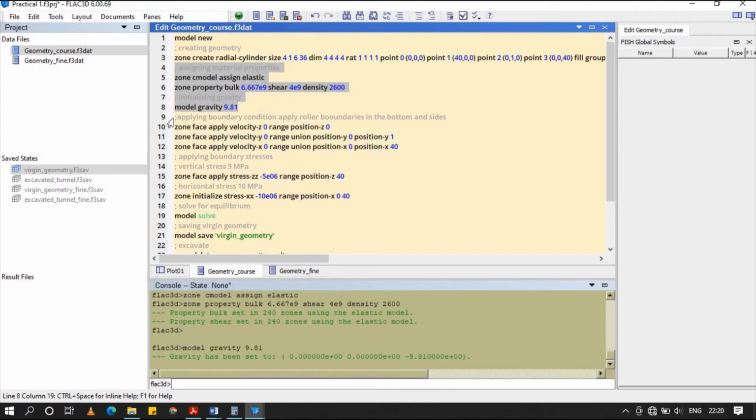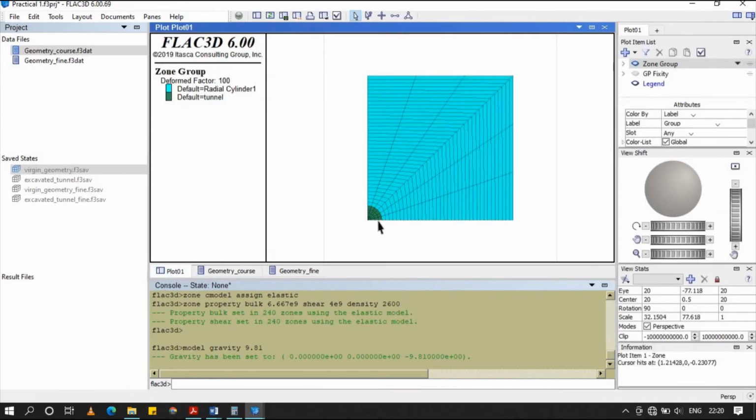Then we will apply the boundary conditions. So for the boundary condition, at this portion we will restrict vertical displacement. In order to do that, we are going to fix this in Z direction. We will apply roller boundaries, and in this we already applied 10 MPa of horizontal stress.